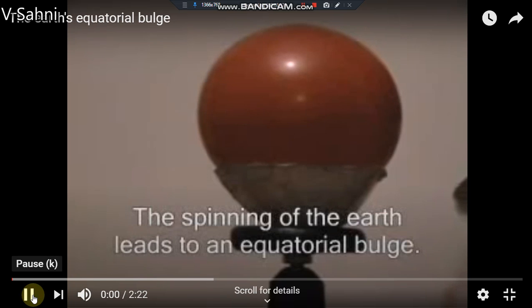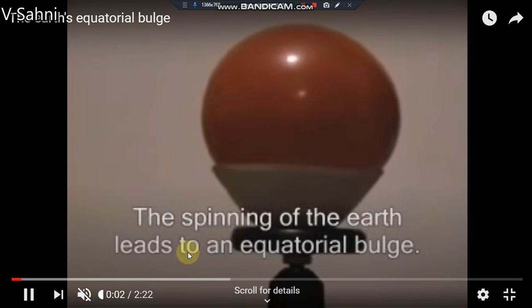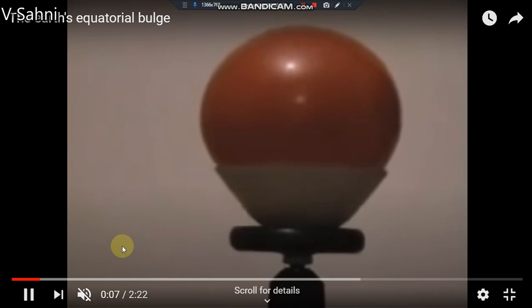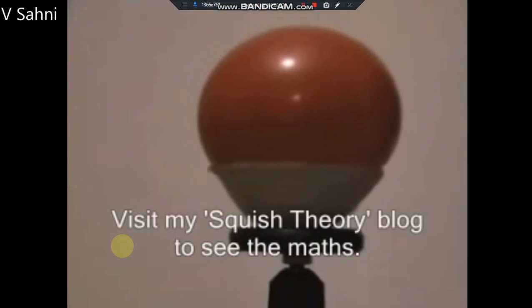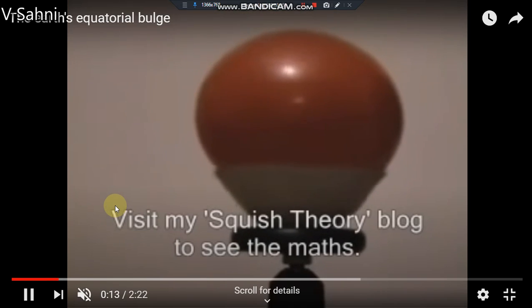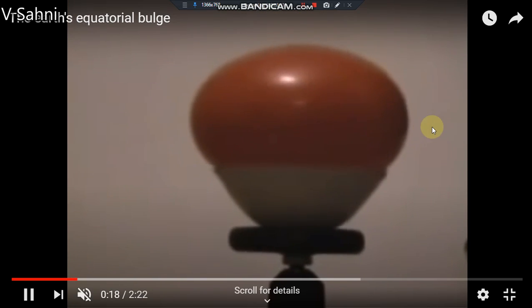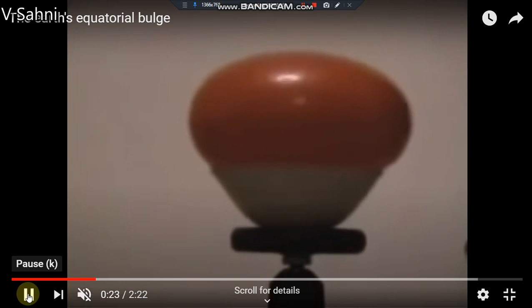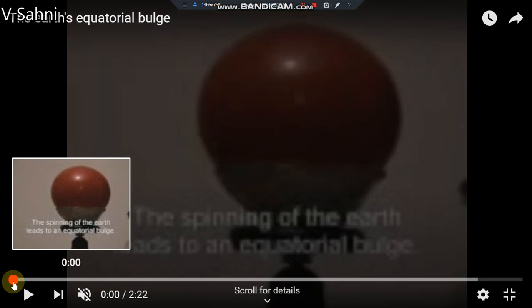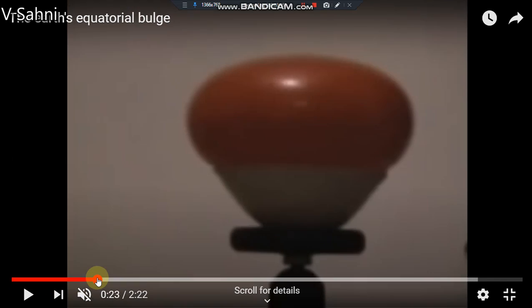See, this is an experiment done by a scientist. He is showing here how, when the earth starts rotating, just see this. When this earth is rotating for so many years, what is happening to the earth? At the center you can see it is becoming a bulge, and at the top it is becoming flat. Slowly you can observe it. Yes, you can see that the top is becoming flat and the center is bulging out. See, initially this was earth, and later on what happened? Because of the constant rotation of the earth for so many years.